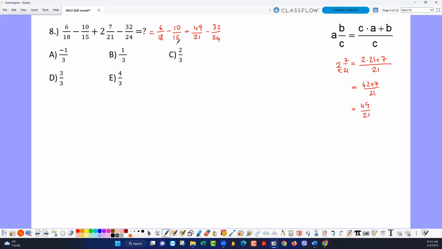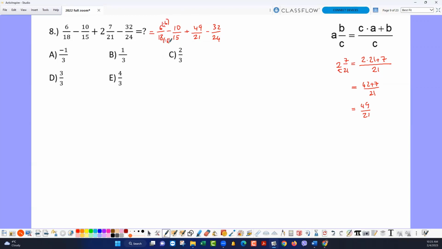Now, ladies and gentlemen, normally to do an operation between fractions, the denominators should be the same. If they are not the same, you cannot do the operation, and you should make the denominators the same. Generally, we use the least common multiple method, but here I recognize one thing. All these numbers are possible to simplify. 6 with 18, 10 with 15, we can simplify. So if I divide both of them by 6 here,